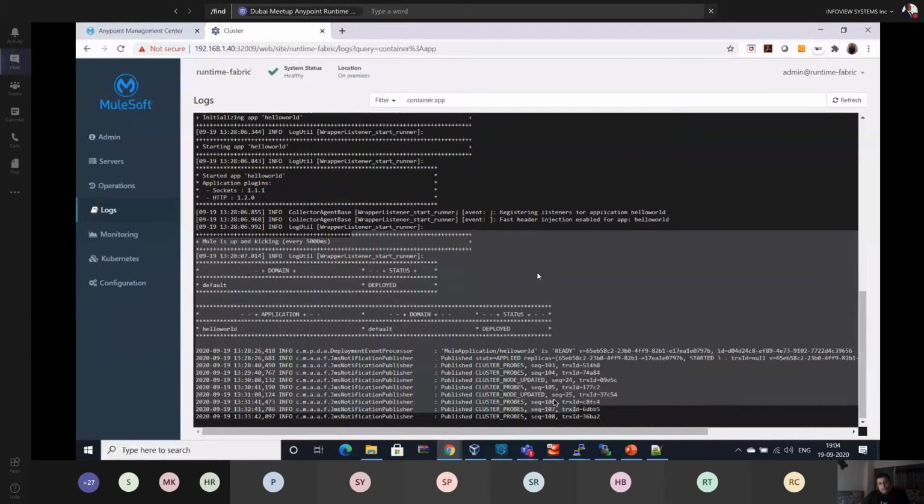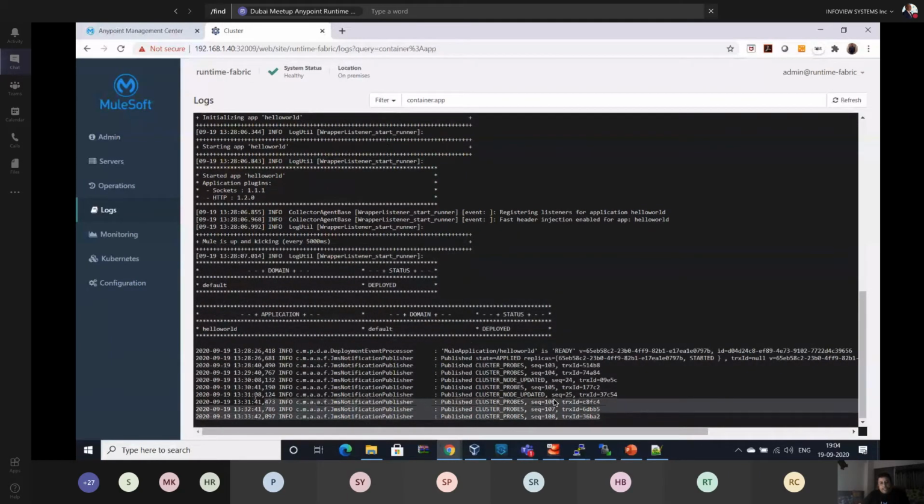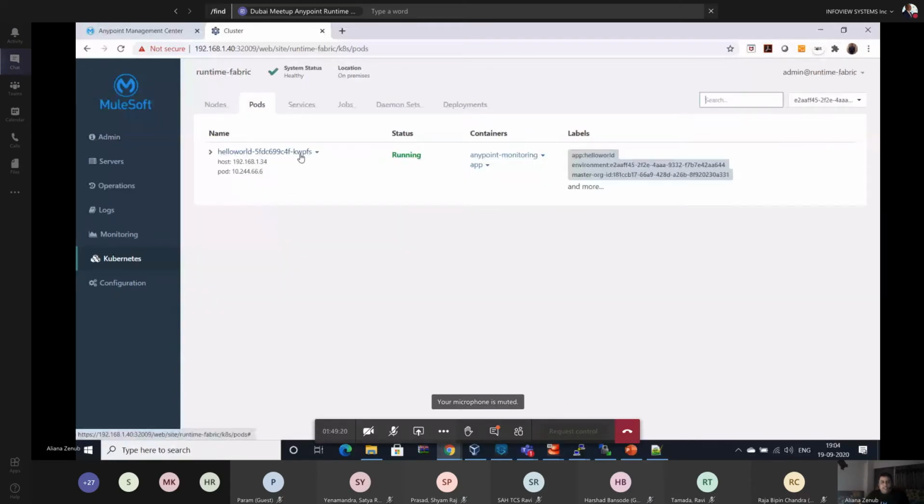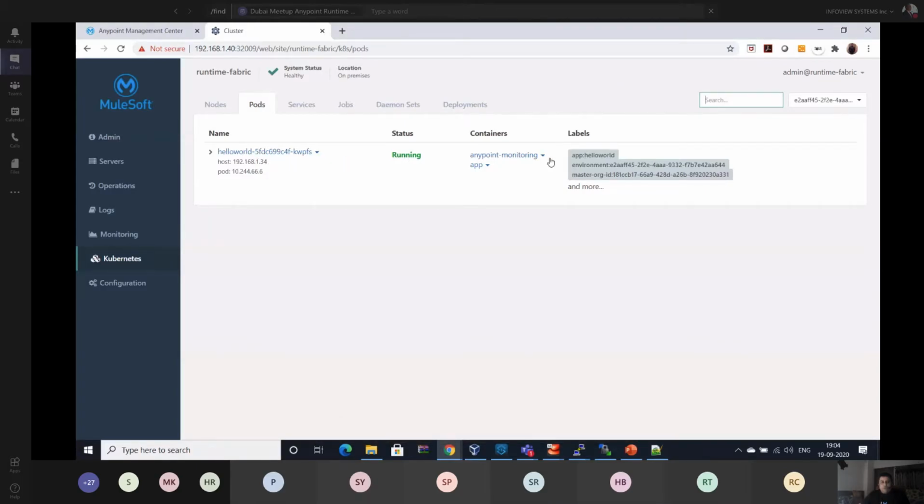Definitely, many customers have requested us to check the logs through the command prompt instead of checking from the Ops Center. For that, the user has to go to the pod. The pod is created, and they can find the pod on the server, and they can go to /opt/mule, and then they can find the logs in that pod itself. So it can be done.